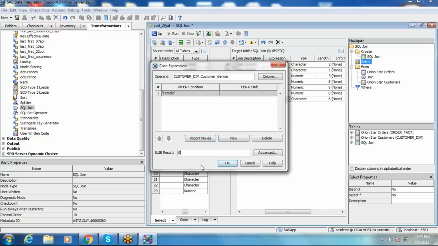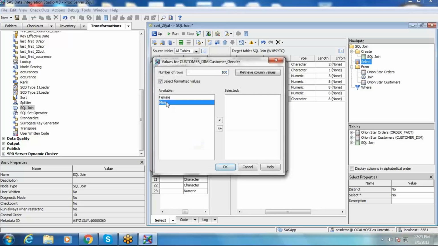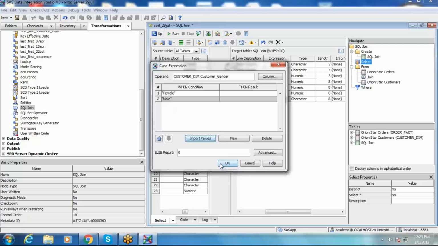And you can select one more import values, male. Select value as 1. So indirectly you are writing case when customer gender equal to female, then 0. When customer gender equal to male, then 1, sorry. If you want to write your own, you can use the new option.